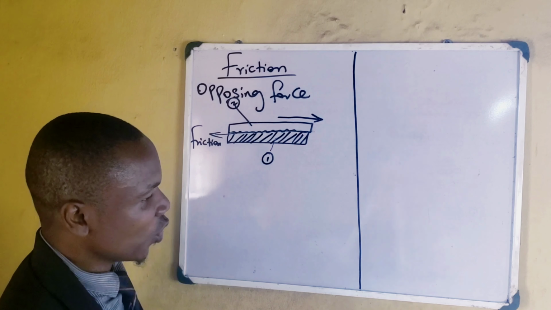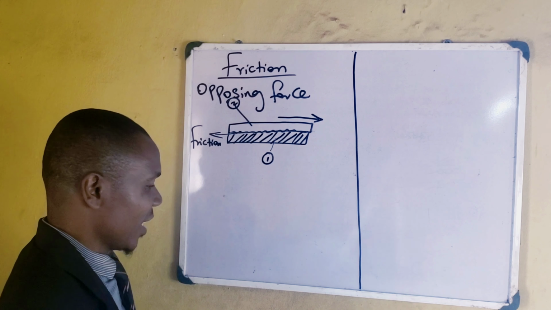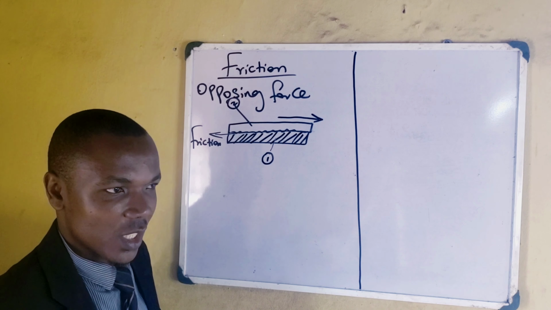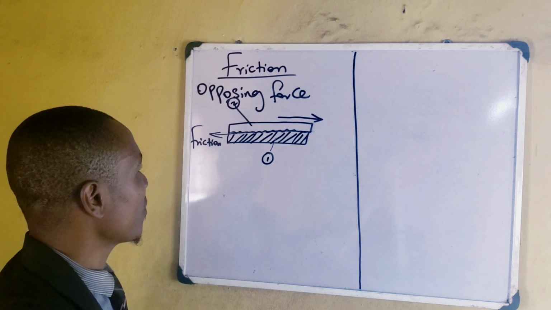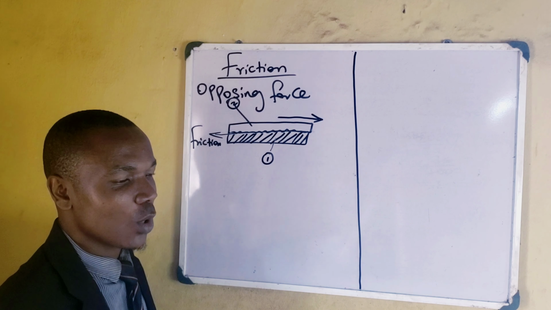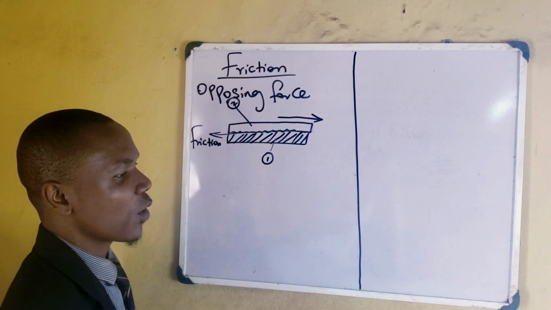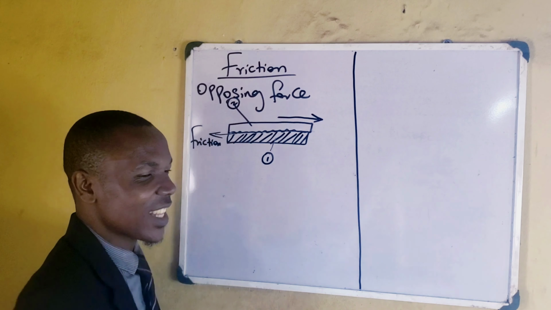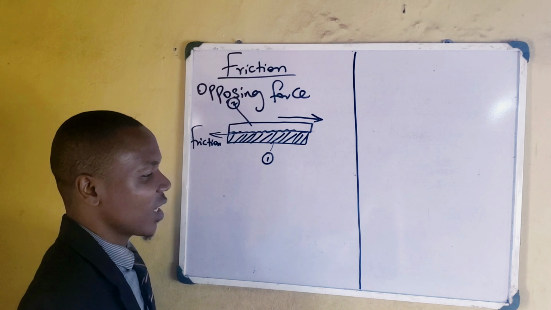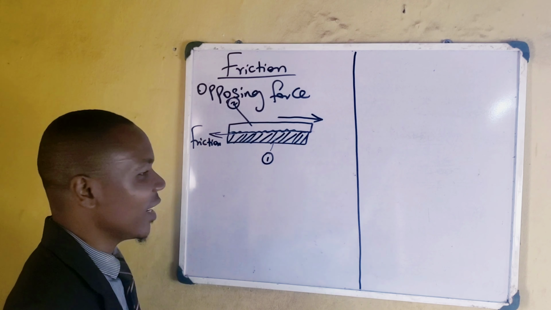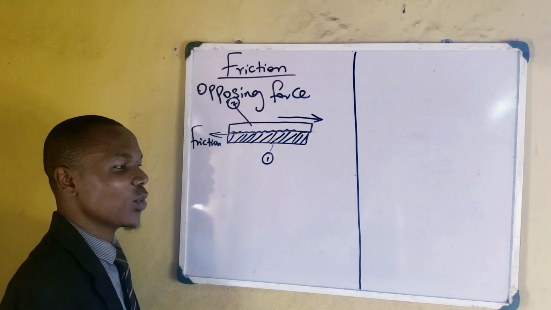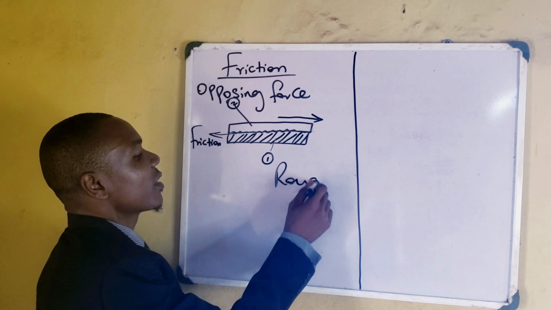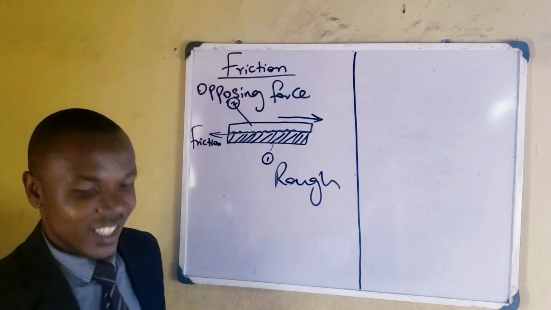All right, one thing you need to know about friction is that it occurs when you have two rough surfaces. When you have two rough surfaces, that is where we have friction. When you have rough surfaces, you have it more. But when the two surfaces that are in contact are smooth, that means that you have little or no friction. So when the surface is rough, it will increase the chance of